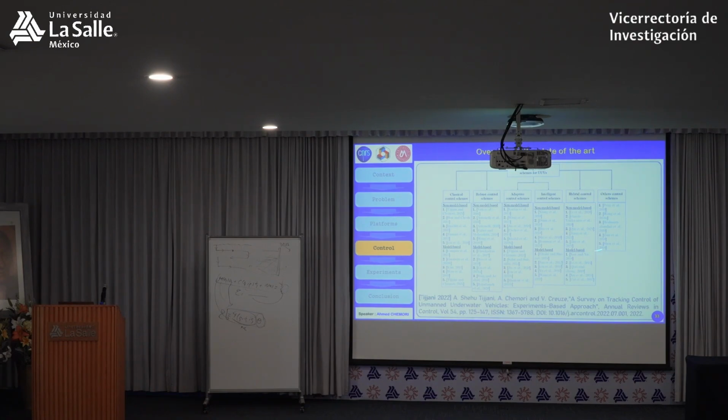So these are all the classes of controllers that we can find in the state of the art, and for each of these classes we can distinguish non-model based and model based. Non-model based means that you don't need a model to design your controller, but for model based, you need a model. This is the difference, and for all of them we have model based and non-model based. You can find more details in this paper that we published. It's a survey paper on control of underwater vehicles, and you find a lot of controllers. We select some of them, we implement them, we test them, and we compare them. It's a survey paper that we published in Annual Reviews